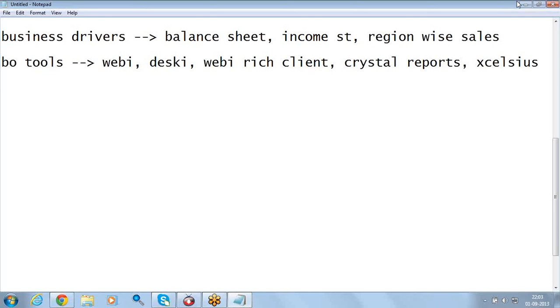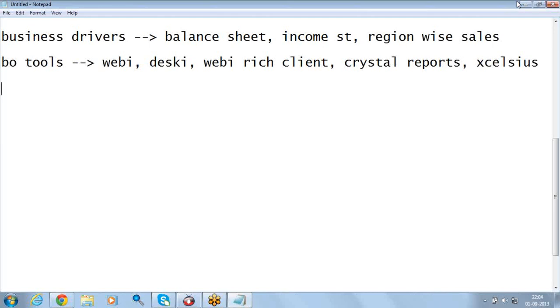Now we have the tools, and we have the objective to be fulfilled. Now what do we require? We require the data. So how can these reporting tools access the information?